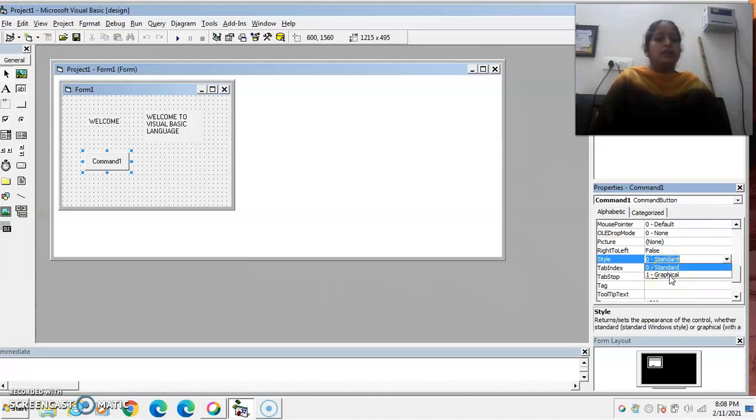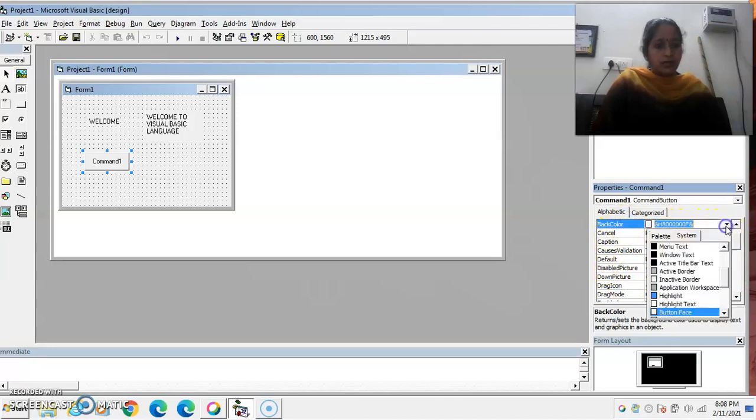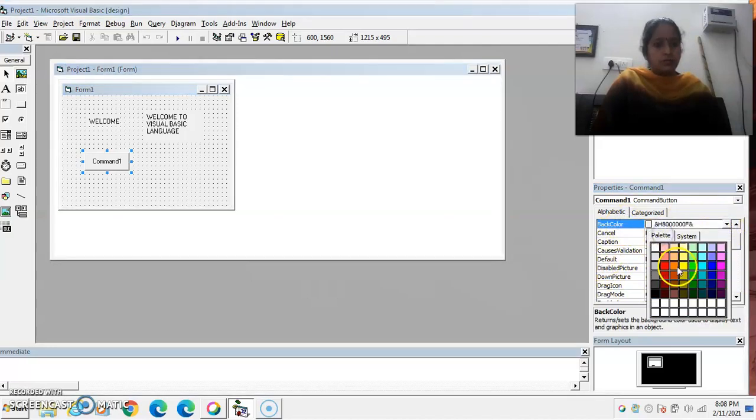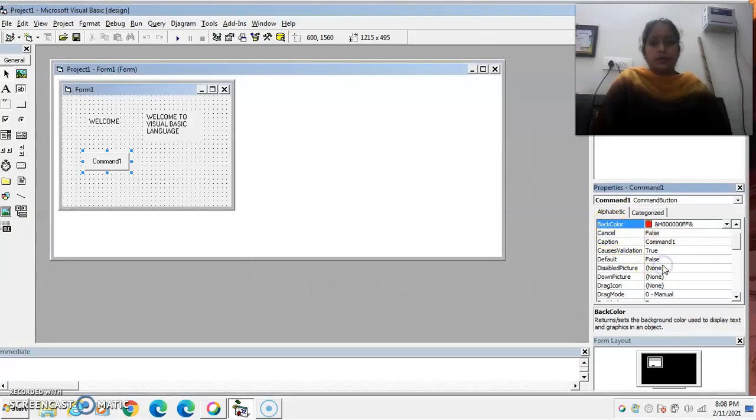Graphical style works if, suppose, you want to change the back color of this command button to red. Now I set the back color of this command button to red. Now you see on the screen the back color of the command button